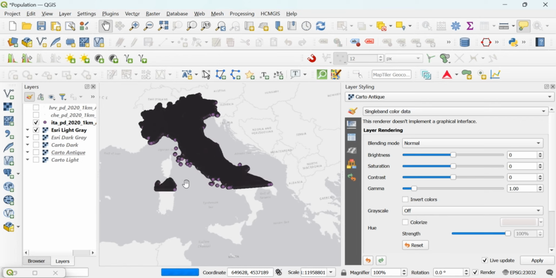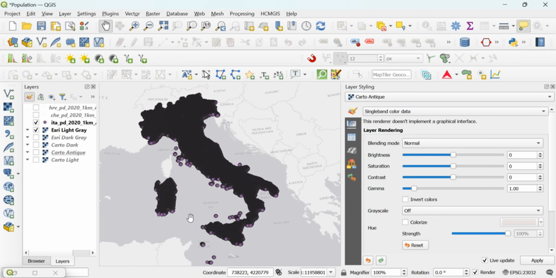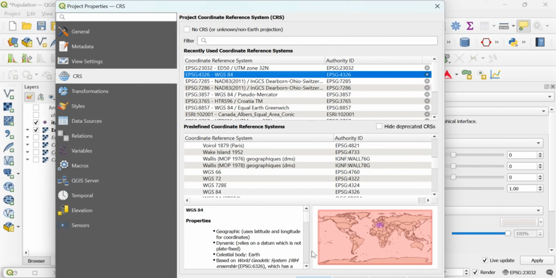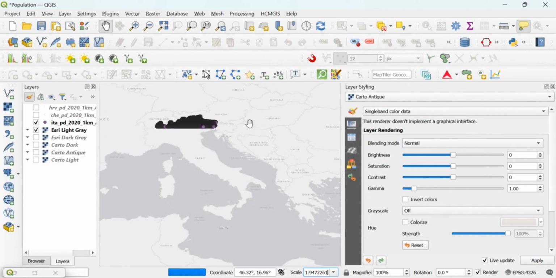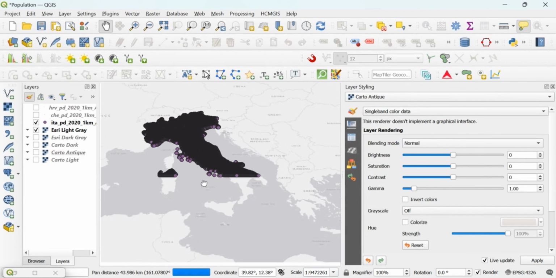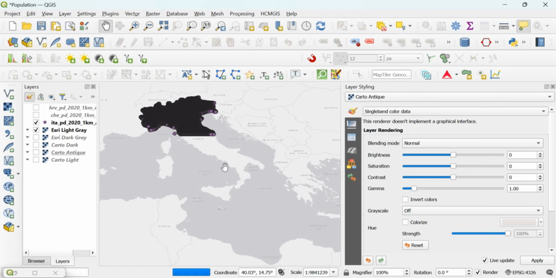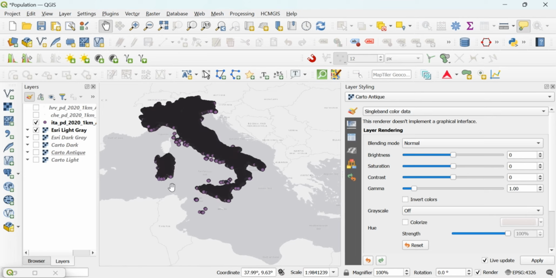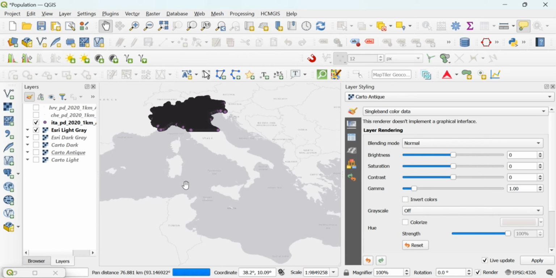Sometimes if you are lucky, you will get the shape. It looks a little bit okay, even though this is set at a UTM projection. I think this is for Switzerland. So I'll just change it to 4326. But if you want the actual UTM, then you can look it up on the internet, or I also have a LinkedIn post in which I explain how you can read or understand the UTM zone for a place.